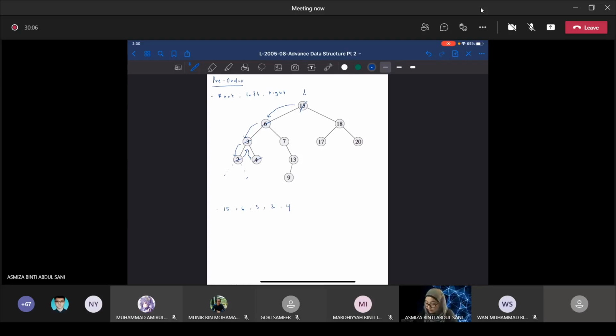Okay, and then we're gonna print the left, but there's no left, and then we're gonna print right, there's no right, and then we're just gonna go back up. So we have print 3, we have print 6. So 6, we're gonna go to the right. Okay, so now we're gonna go to the right. We're gonna print 7,